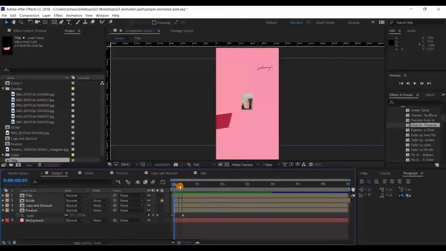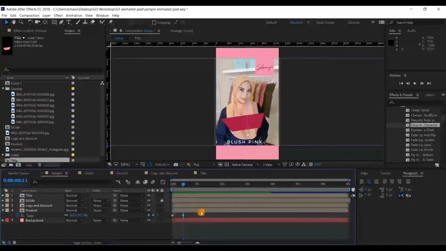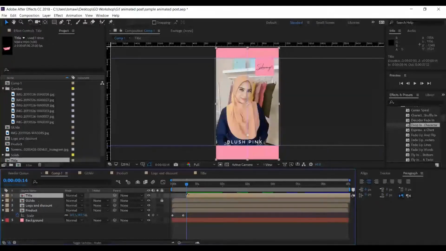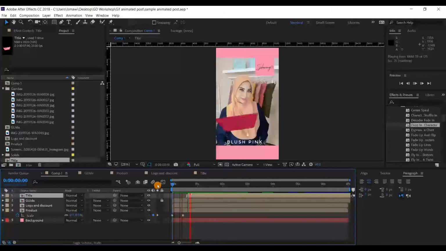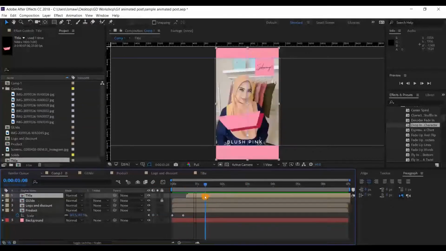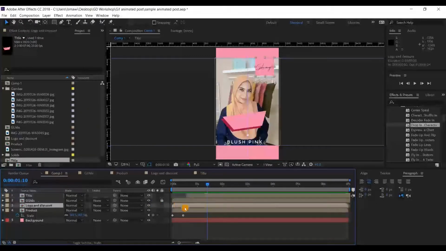After we're done, we're going to move our cursor 3 steps and go to our title, where our title will be starting. Then we can animate our logo, maybe here. So our logo will appear plus the discount.